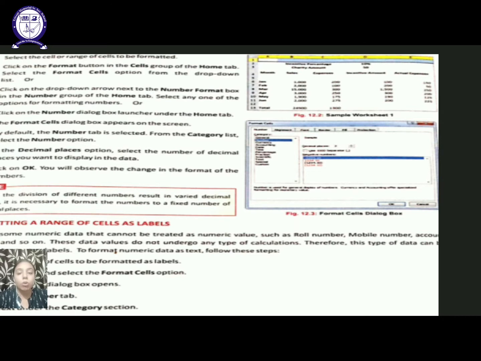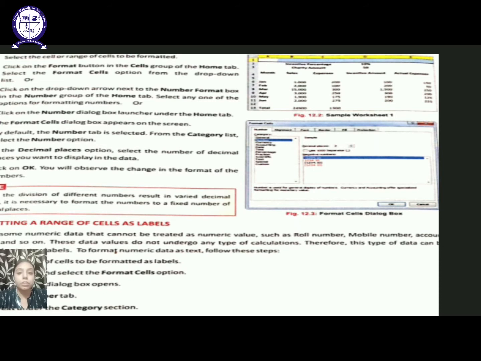So what happens is, the students do not all have an equal number of digits after the decimal. We want uniformity in the percentage, either 2 digits or 3 digits, but all the students should have an equal number of decimal digits. To make that uniformity, we format the data with the help of decimal places. Now what you have to do in this case is, you have the data, you can select one cell or you can select a range of cells on which you want to perform the formatting.